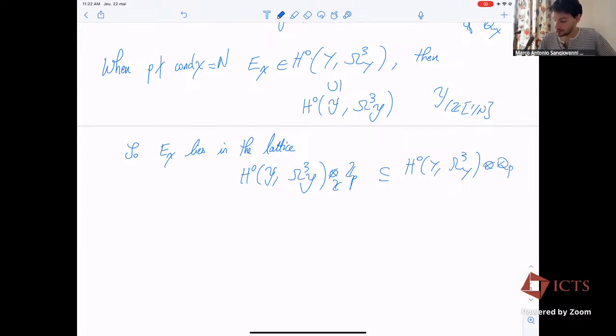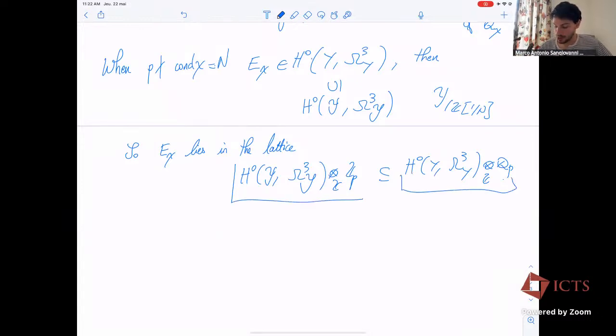Okay, so this is the natural lattice inside this space